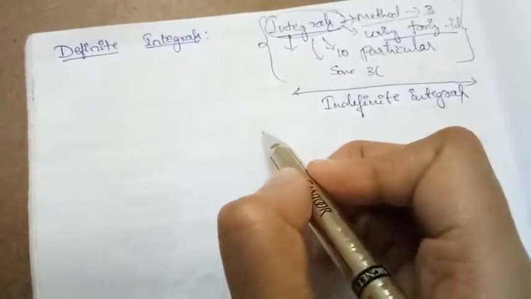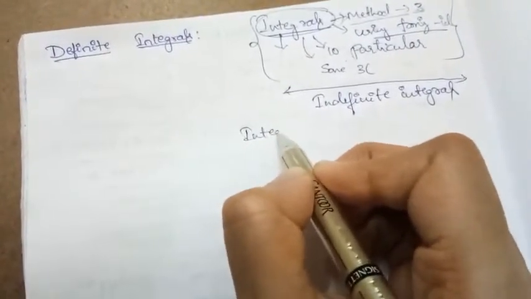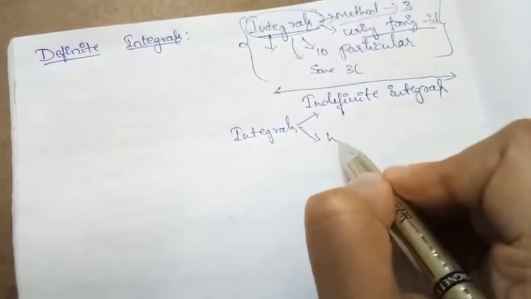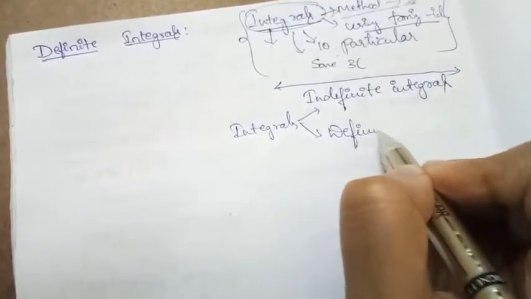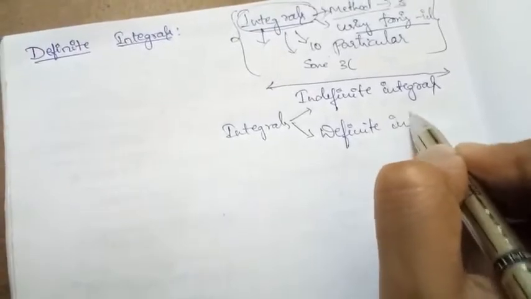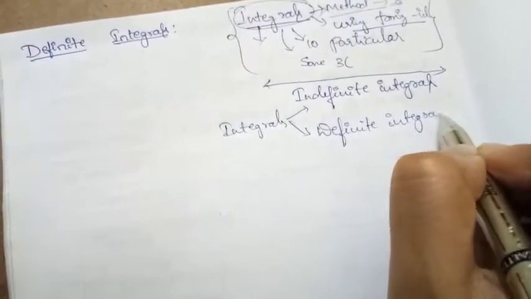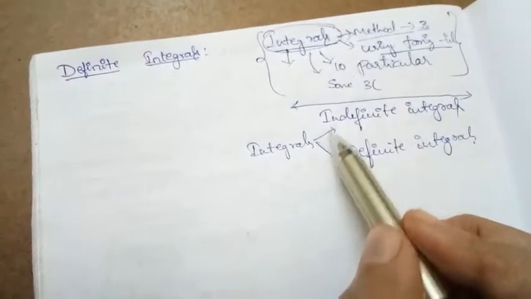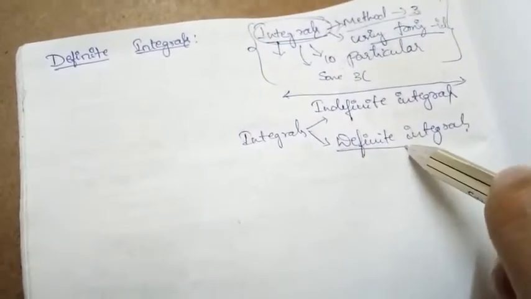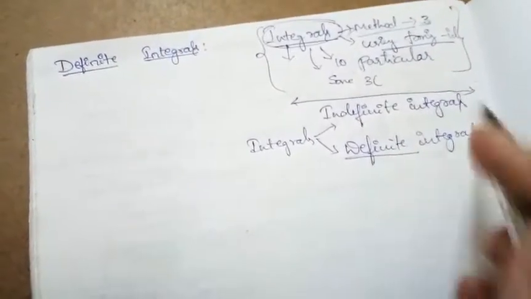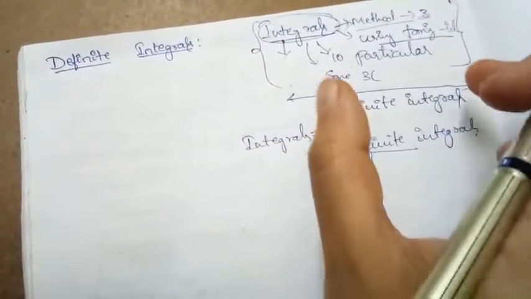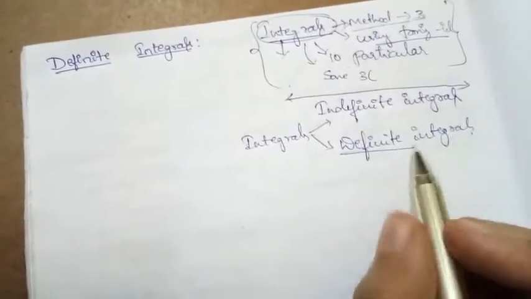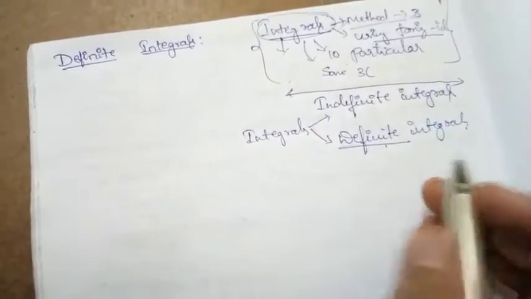As I said in the beginning itself, in integrals there are two different types. One is indefinite integrals, another one is definite integrals. Till now, everything we have talked about is indefinite integrals. When it comes to a definite integral, nothing changes. Whatever methods we came across for indefinite integrals are the same for definite integrals, but the value is definite here.